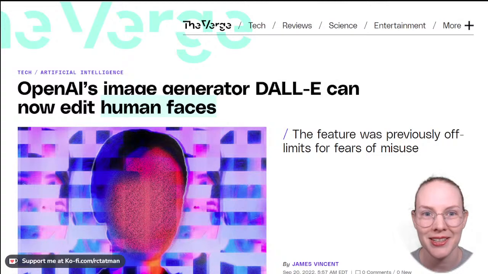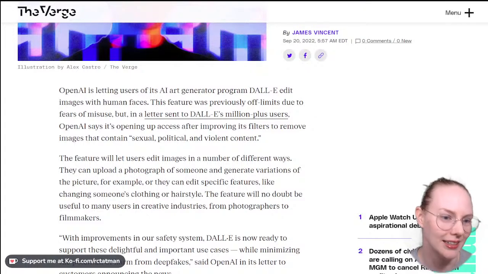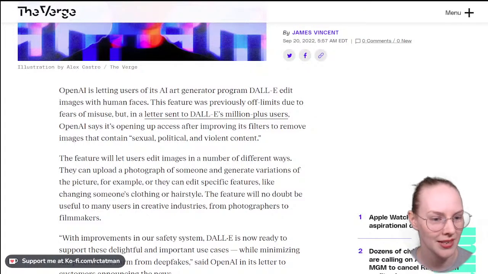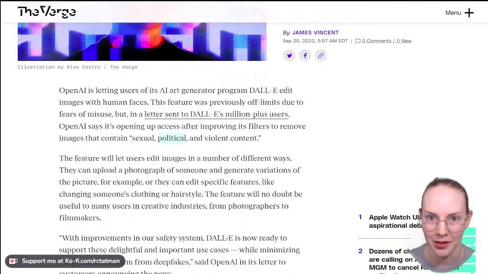Clear limits for misuse, right? Like, immediately after Stable Diffusion was released, it was used to make deepfake porn, non-consensually. Immediately. And it says that it's improving its filters to remove images that contain sexual, political, or violent content. How? Everything is political. How can you possibly remove political content? Right? Like, the word surveillance is political. Anyway,